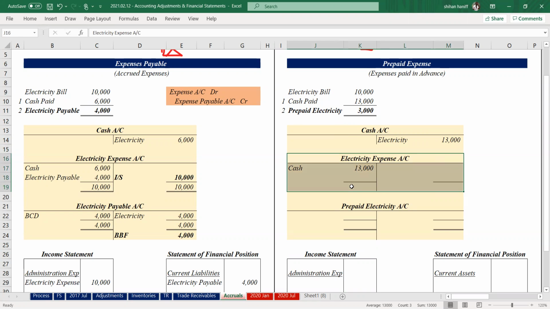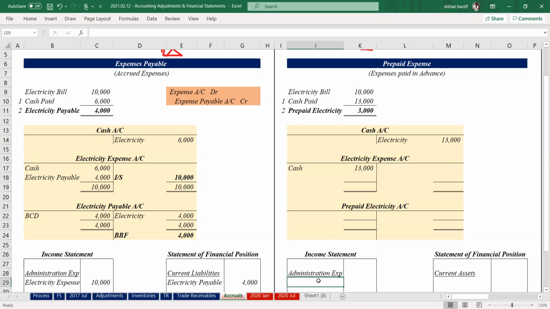Expense account means that's the amount which goes to income statement. So we can't take 13,000 as the expense because only 10,000 is the expense for the year. So income statement, you should have only 10,000. So additional payment, it should be carried forward to the next year as an asset,